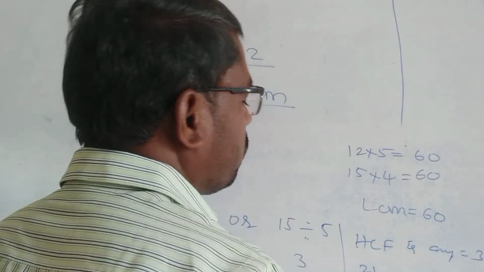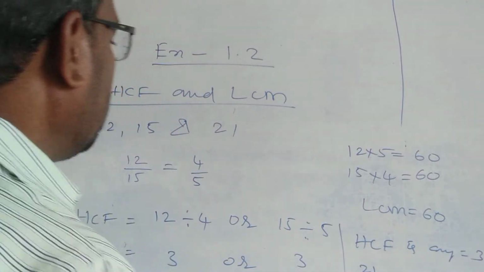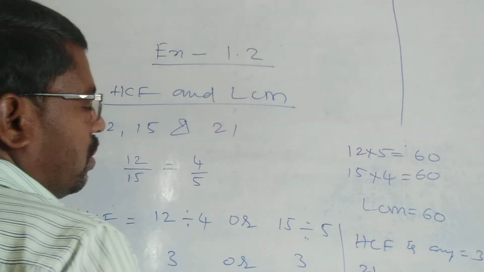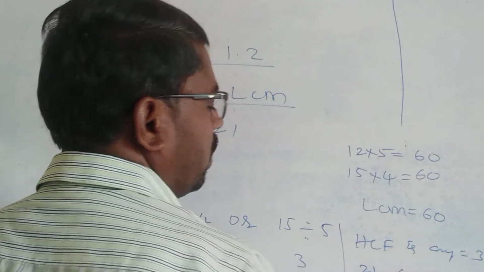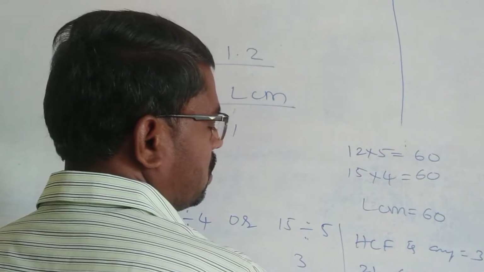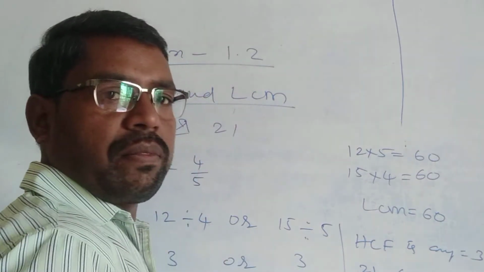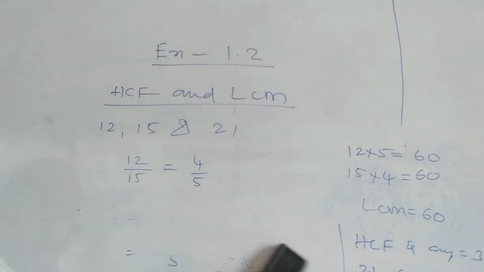So now we are going to take this 21, and what is the other number? Another number we can take is 15. The LCM of these two: 21 and this 60. The LCM of 21 and 60. What is the simplest method? 21 by 60 is equal to 21 by 60. Are they visible? Now I will write here.